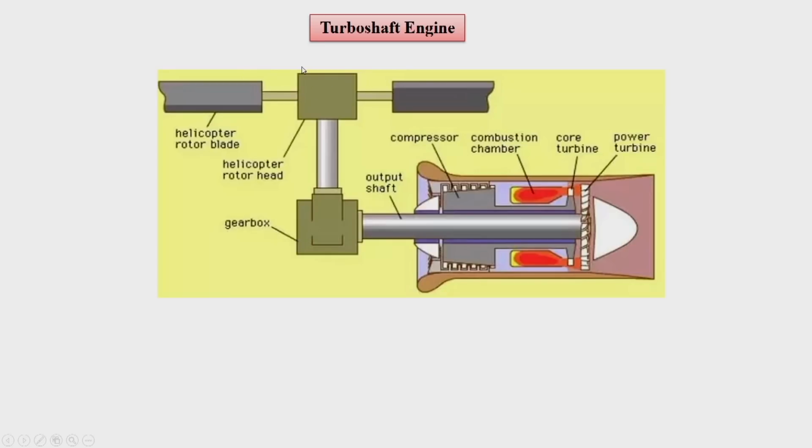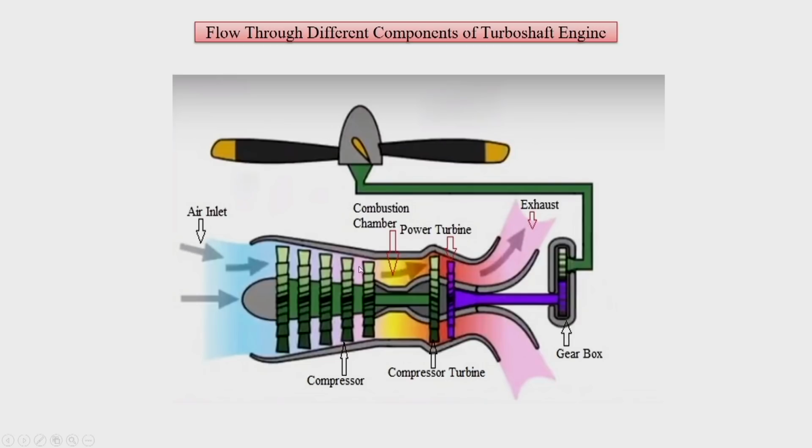The difference between helicopter and aircraft propulsion in general is that you have the lift and the thrust both using the rotary blades. Here the arrangement of a turbo shaft engine is the same as in a general or conventional turbojet engine, except that the shaft which is connected to the turbine is also connected to a gearbox. So the turbine runs the gearbox and hence the propeller. Practically, the turbine drives the compressor and propeller both in case of a turbo shaft engine.